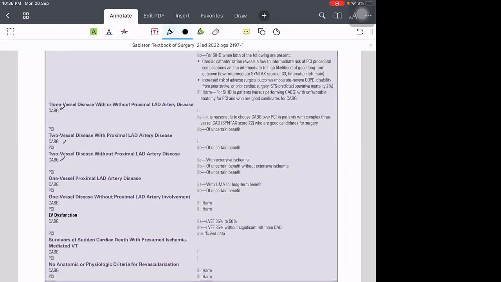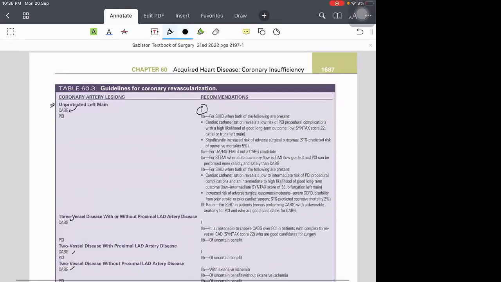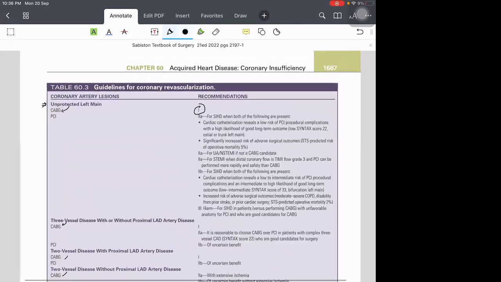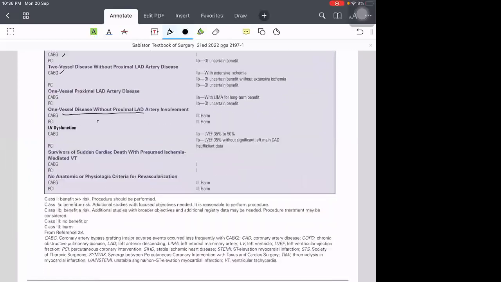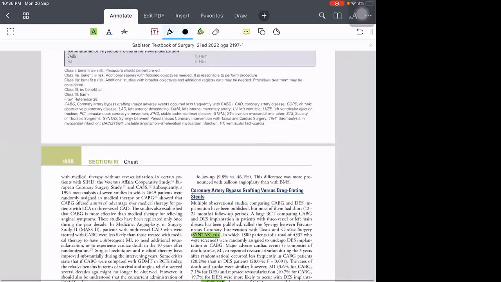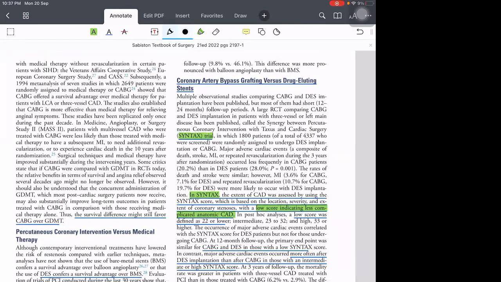Okay, whenever you have one vessel disease without proximal LAD artery involvement, both are the same. Both are equal, they are telling. So anything they ask in the MCQ, you just go for CABG. Because surgeons take the question, they most expect CABG as an answer. And survival benefit, survival difference, still